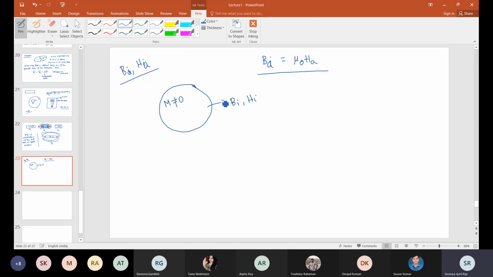Because of this situation, when we bring a magnetic solid into the atmosphere of an external magnetic field, the magnetic field will give you some magnetization inside the material.